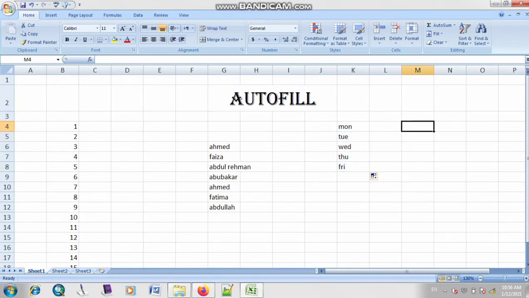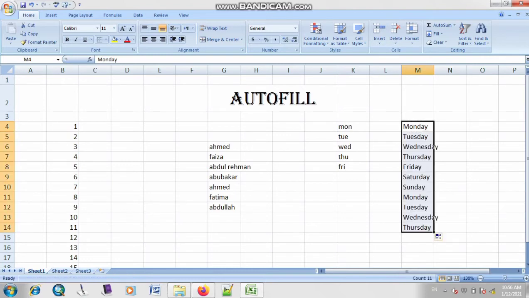You can also type the full name, Monday. When you click on the bottom right corner of your cell, there is a plus sign. You just have to click and then drag your mouse. However many cells you want to fill with data, just drag and drop it. So as you can see, your series will be filled automatically.